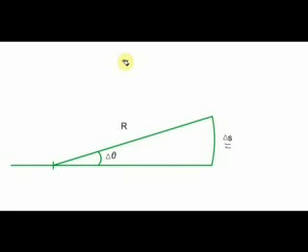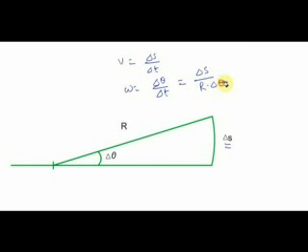So we can define tangential velocity, that is v, as delta s by delta t. Now we have already seen that angular velocity omega can be defined as delta theta by delta t, and delta theta is nothing but angular displacement, which is defined as delta s by r. So here we have omega is equal